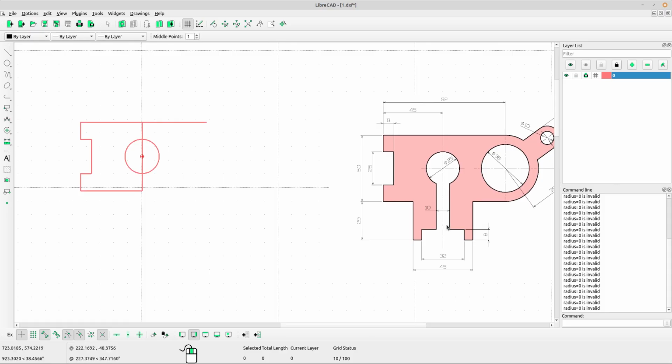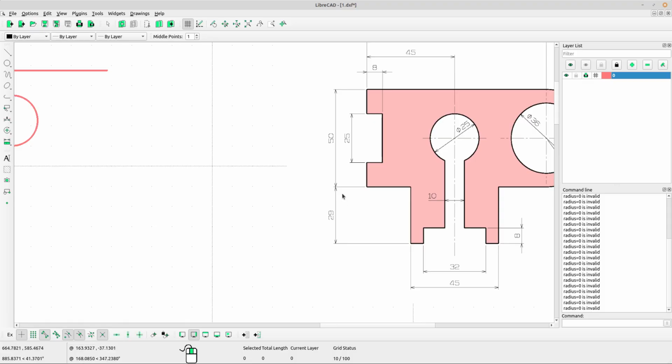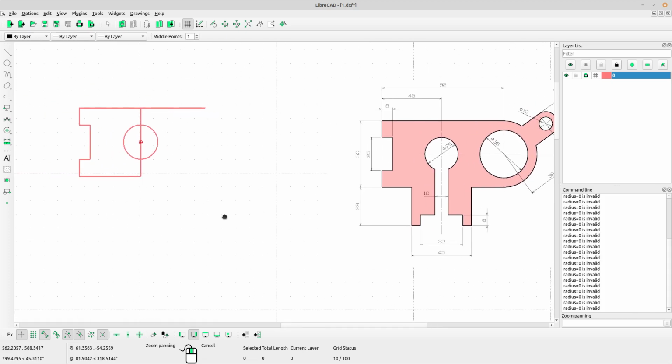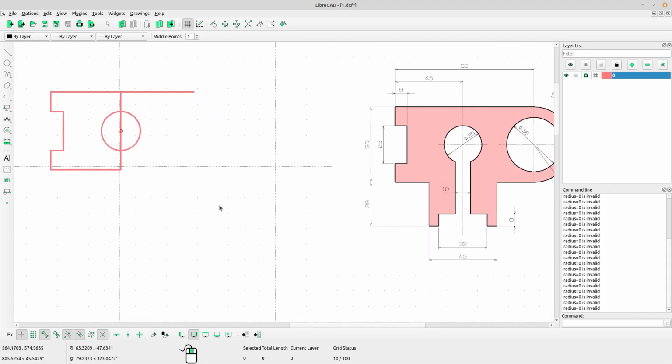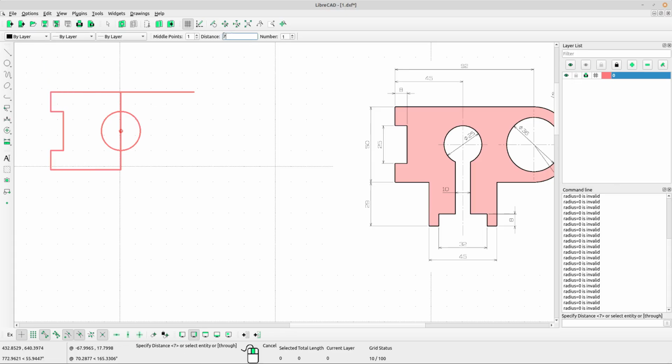And now okay, I want to create this part. Okay, we got the distance is 29, sorry, 29. Okay, now select parallel tool, type the distance 29 and left click below the line. Okay,